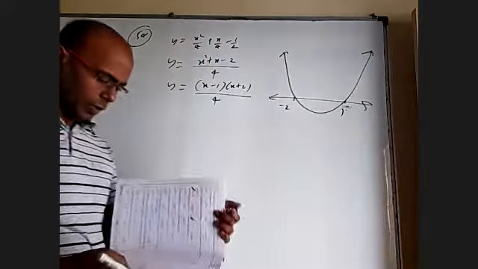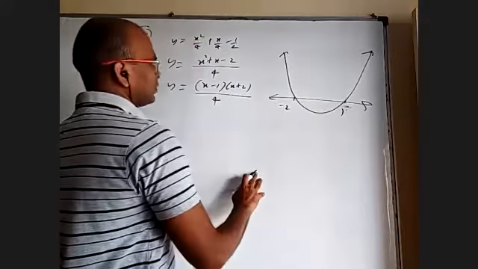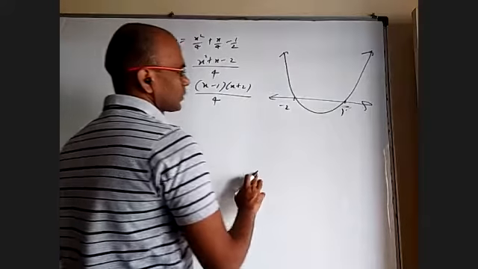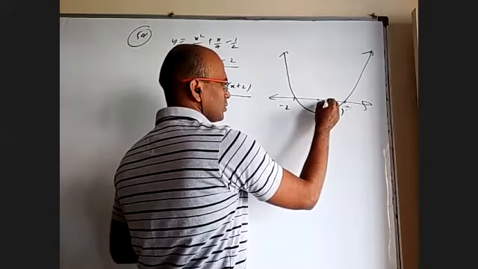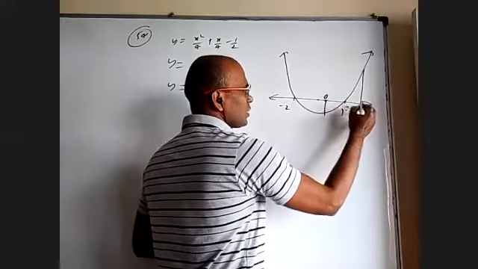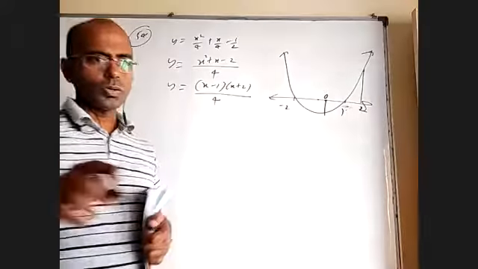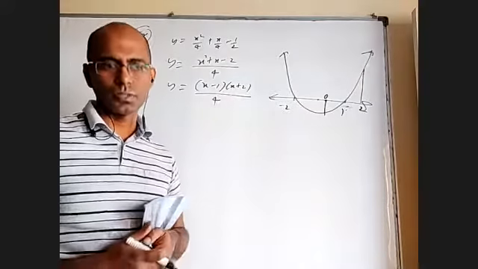Okay. They want between 0 to 2. So 0 is not the root. Minus 2 and 1, the middle is minus half. 0 is somewhere here. 0 to 2. So when you want between 0 to 2, you have to notice partly it is below the x-axis, partly it is above the x-axis. Not that directly you will do integral 0 to 2.